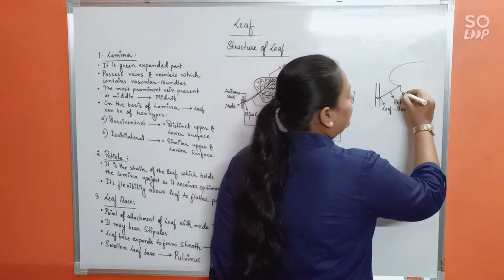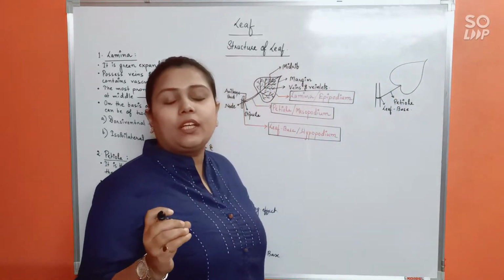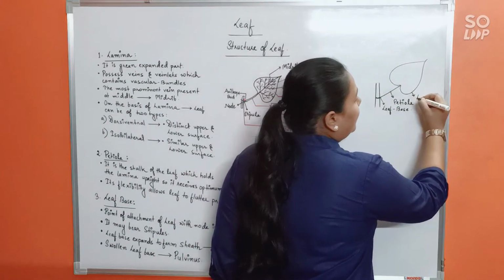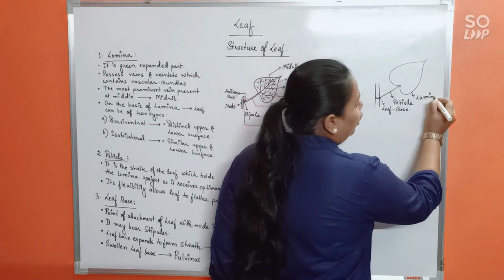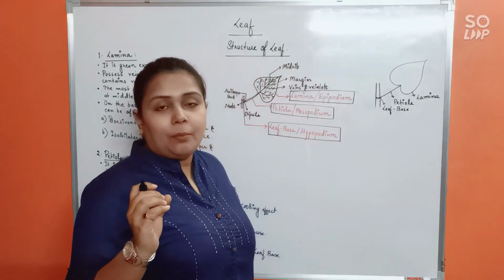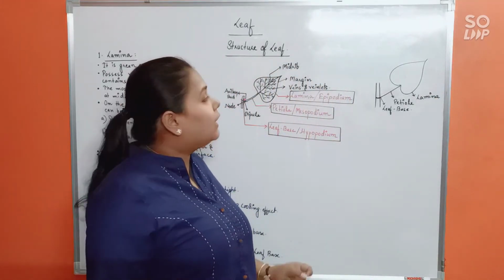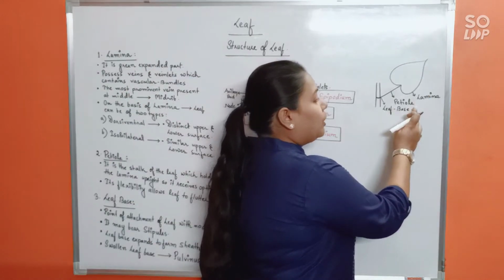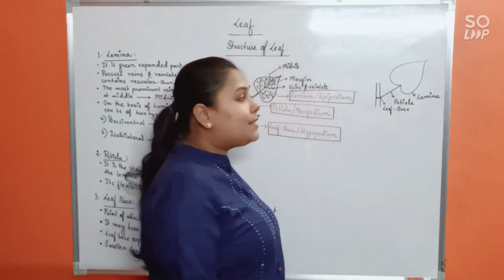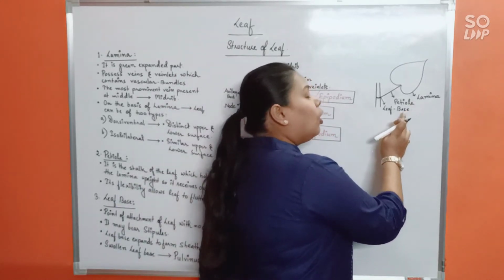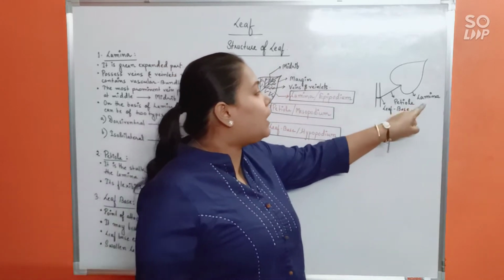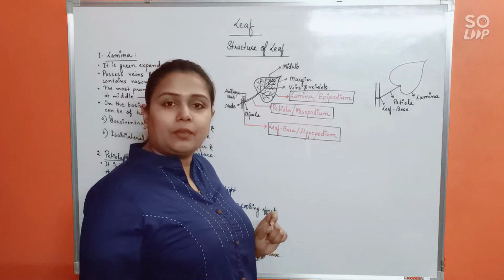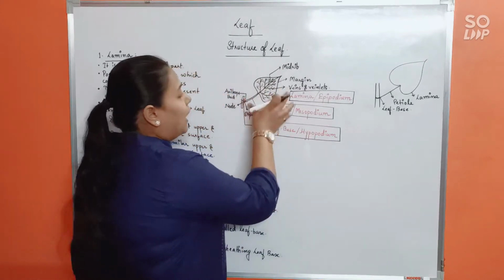Finally comes the main or the conspicuous part of the leaf, that is the lamina, or we can also call it the leaf blade, but technically we call it the epipodium. So epipodium, mesopodium and hypopodium, or else lamina, petiole and leaf base. These are the three main parts of the leaf. Alright, have all of you understood this? Fine. Now look at this diagram.